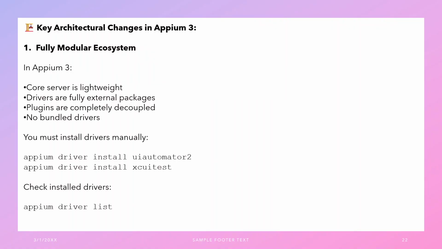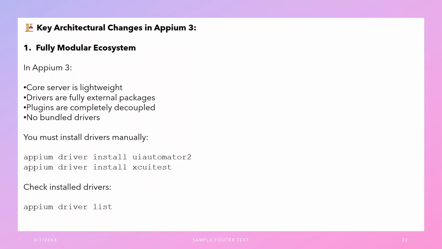The first one is the key architecture changes in APM 3. The first one is the fully modular ecosystem. To make APM 3 lightweight, what they did is the drivers and plugins are made separate from the APM server. Whenever we install the APM server in previous older versions, the drivers and plugins automatically got installed. To avoid that, to make the APM server lightweight, the drivers and the plugins are